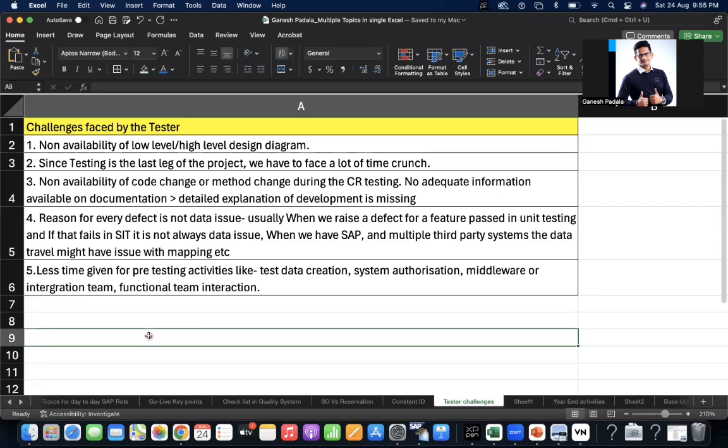From the tester side, they should be careful and prepare the master data properly, and connect to the middleware and third-party system.